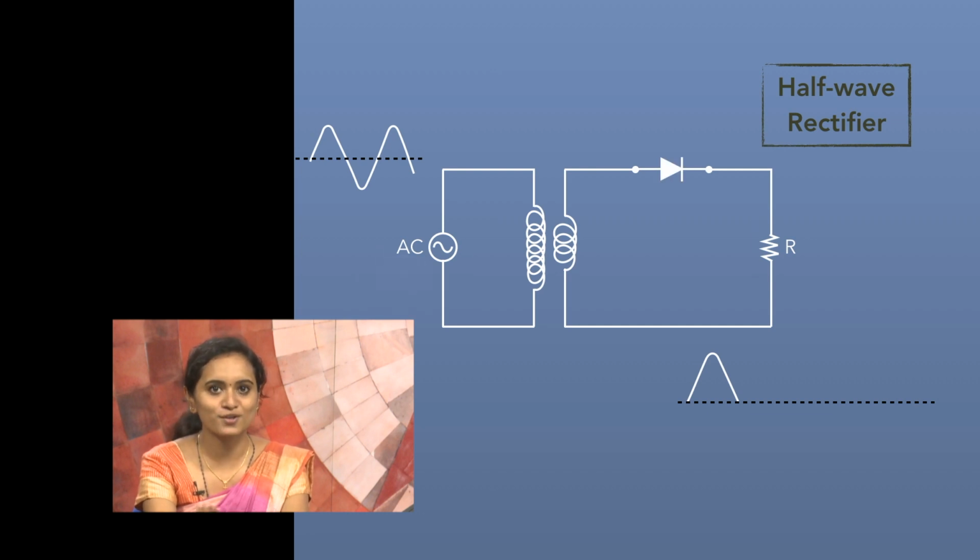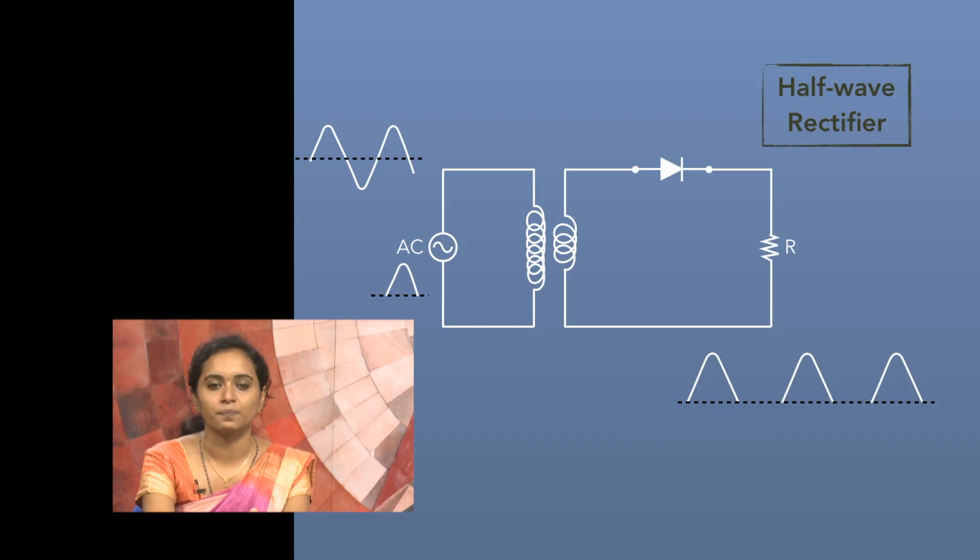When the input voltage goes negative during the second half of its cycle, the diode is reverse biased, or ideally an open switch. There is no current flowing through the circuit, so the voltage across the load is 0 volt. The net result is that only the positive half cycle of the AC input voltage appears across the load. Since the output does not change polarity, it is a pulsating DC voltage with the same frequency as that of the input signal.